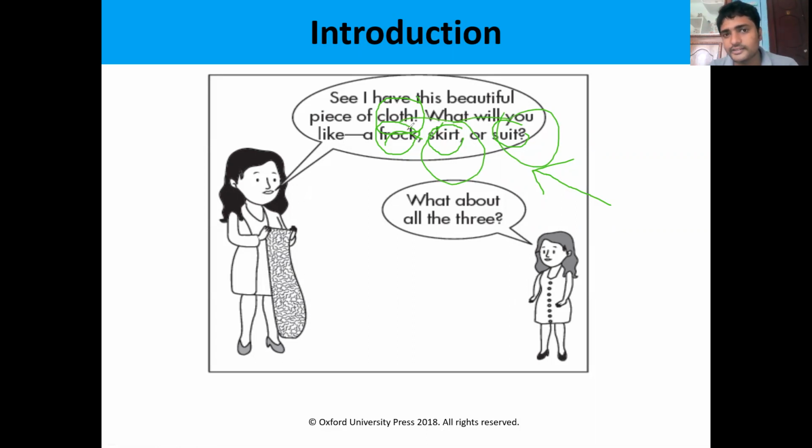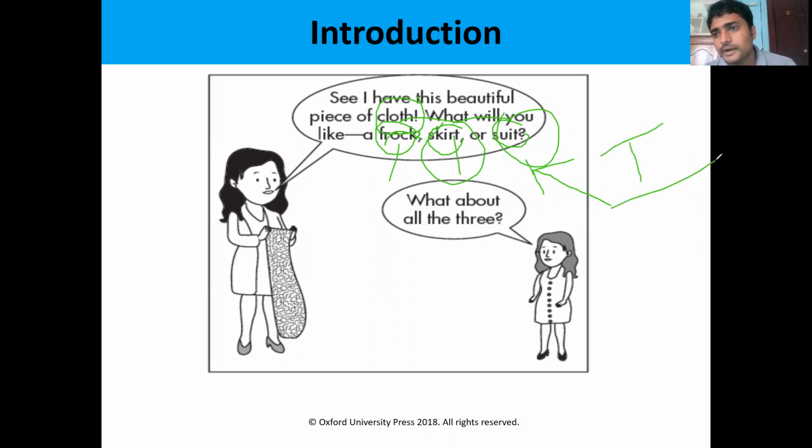So we have three possibilities here. We have a cloth, and by using that cloth, we can either stitch a frock, or a skirt, or a suit. So we have three methods to implement, three functionalities. All these three at one place can be possible by interfaces.